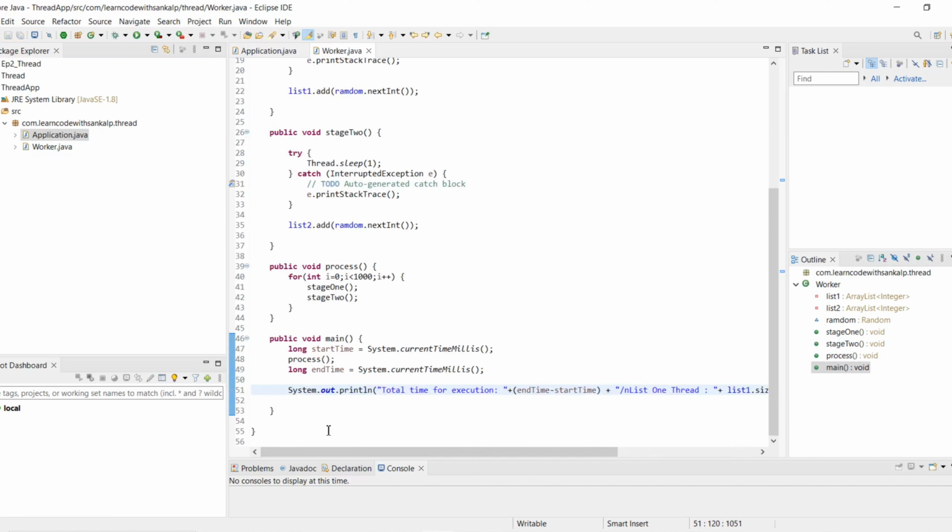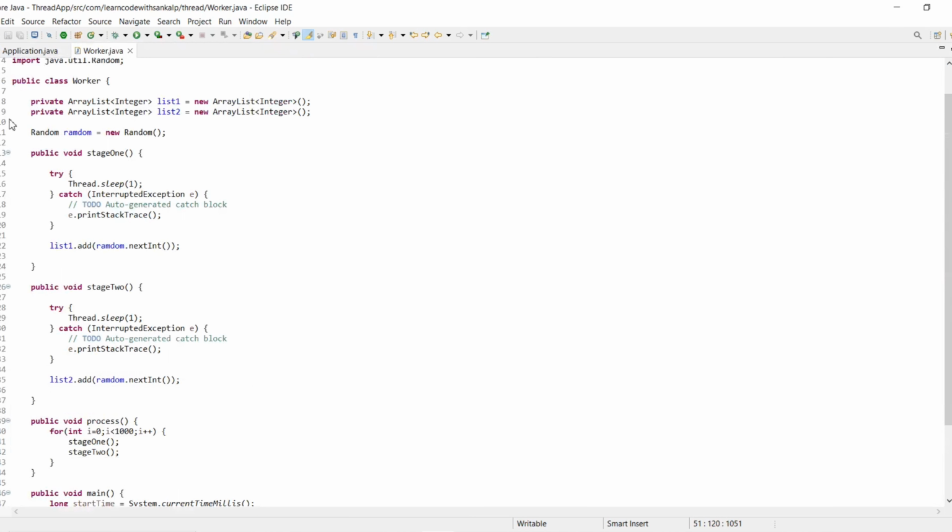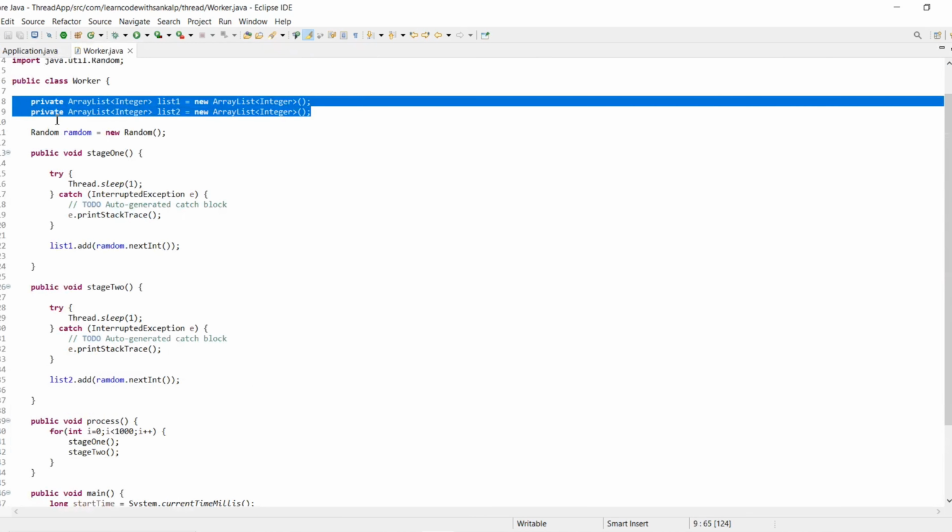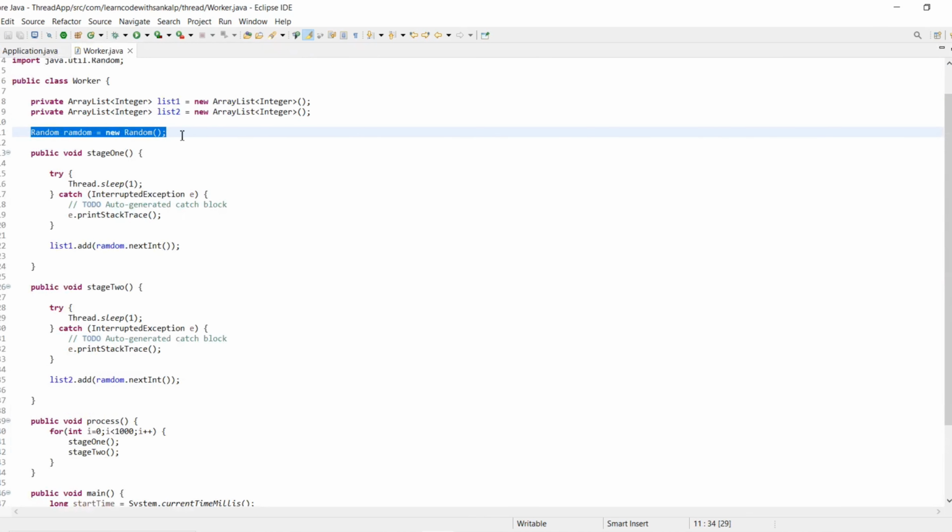Here is the code, and I will explain it. We are creating two array lists, and we are creating one random object. This will create random numbers, and we are creating two methods that add a random integer to the lists. Then we create one process method, and inside the process method we add the for loop with the two methods.